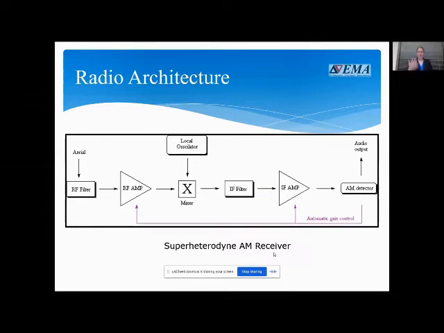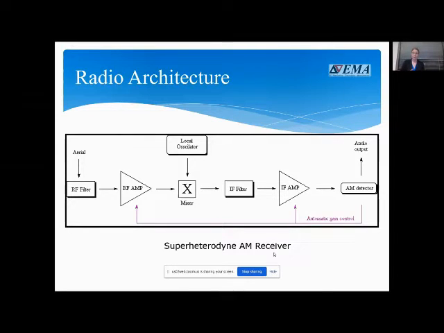And so the next thing I want to do is follow on from what Mark was talking about, because we've learned now about antennas and how antennas operate. But what happens from the time the electromagnetic wave gets picked up by the antenna to the time when you either hear your AM radio, your FM radio, or you see a signal displayed on your screen, whatever screen that might be? There's a particular architecture that's become pretty much ubiquitous,